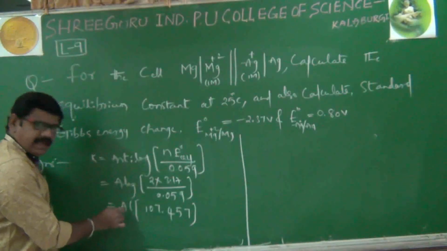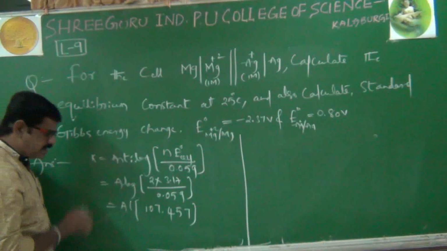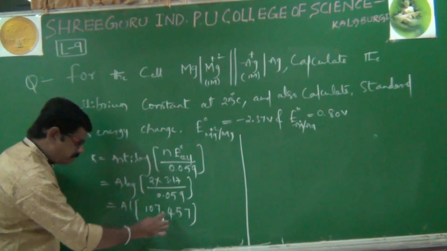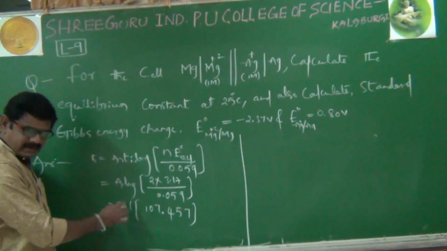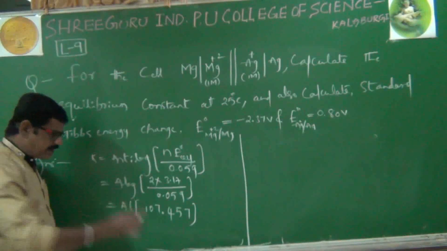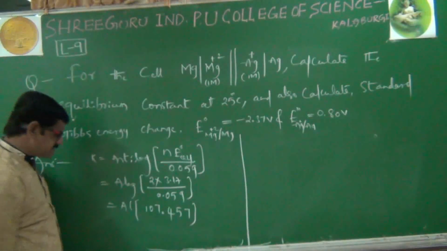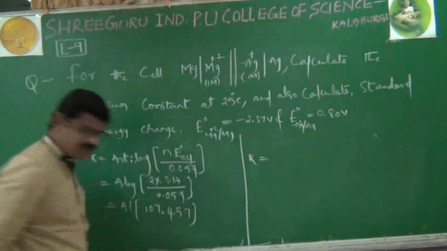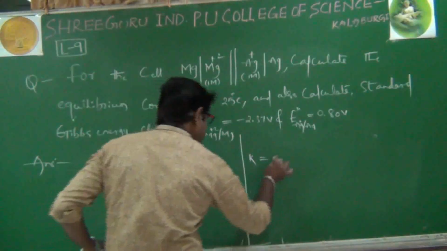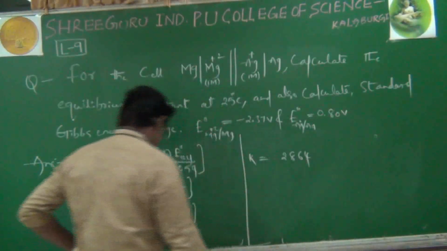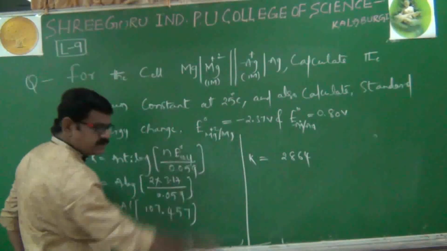In anti-log, particularly, whatever values are there after the point, only those values we have to look up. Now 0.45 in 7, we have to see that. I'll repeat once again. We have to open the anti-log page. In that, 0.45 in 7, whatever value is given, that as it is we have to write first. Therefore K is equal to 2864. I'll repeat once again: 0.45, if you see in 7, the value 2864 will be there.